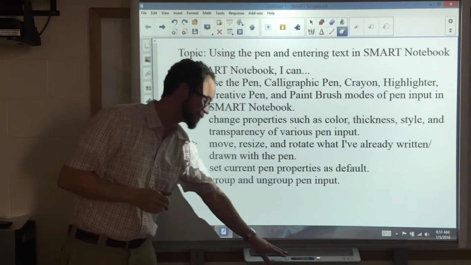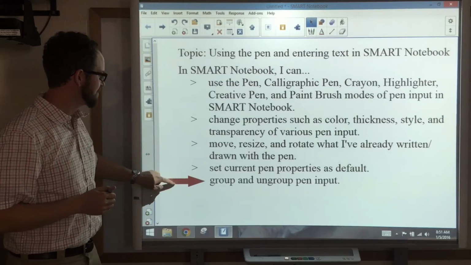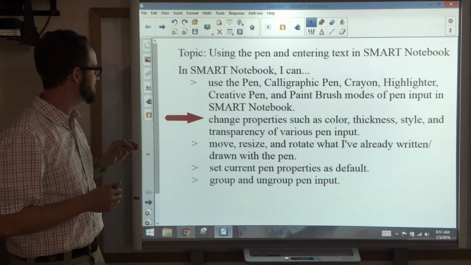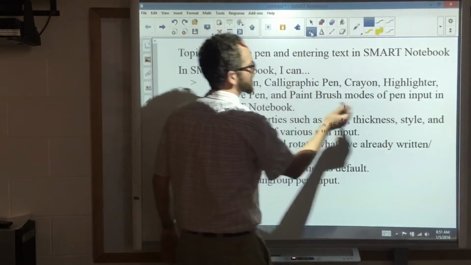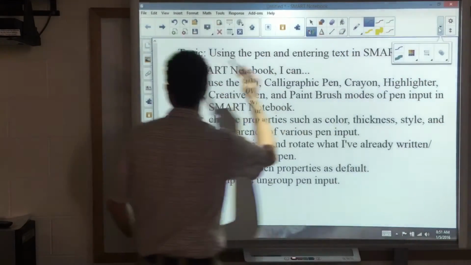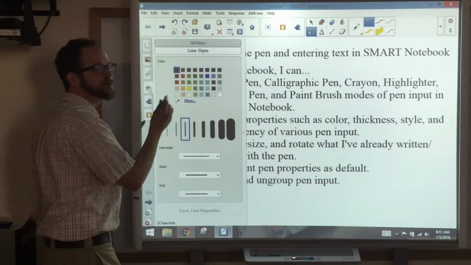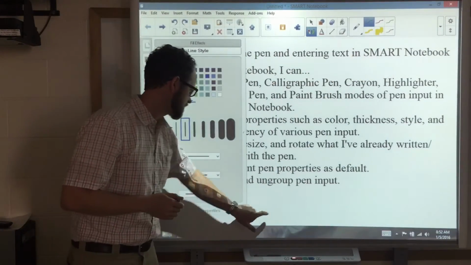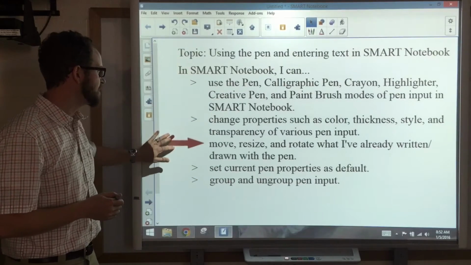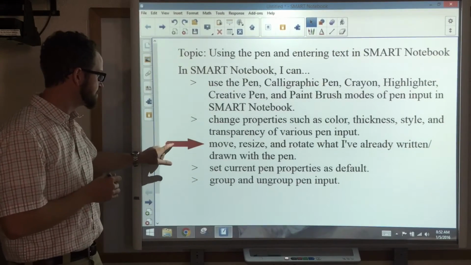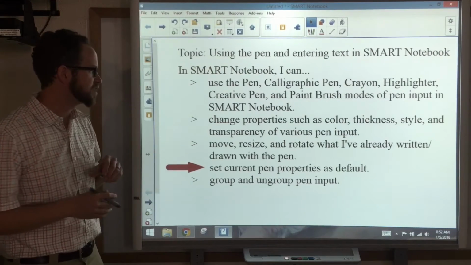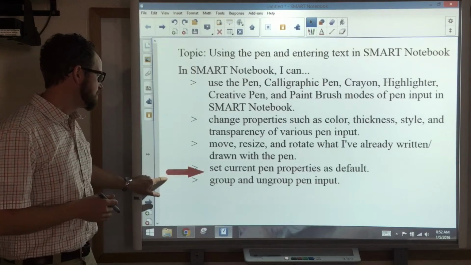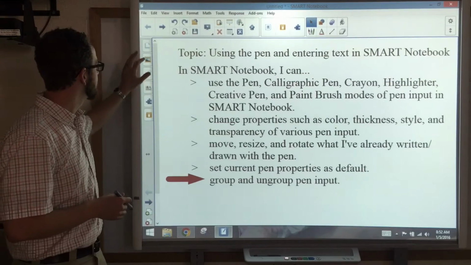We've so far, whoops, you see I was still on eraser, so we go to selector. We checked out all those different kinds of pen input, as well as changing the properties. Remember, the weird part about that is the properties for the pens are located here, as well as this properties tab, and this properties tab gives you a few more options, such as saving the properties in those buttons there. We moved, resized, and rotated what we already wrote. Earlier on, we set the current properties as default. Again, remember that was in this tab there. And then we grouped and ungrouped the pen input. So, quick